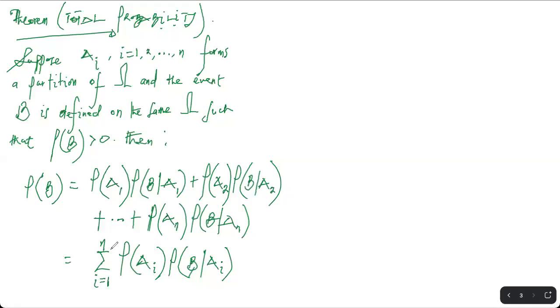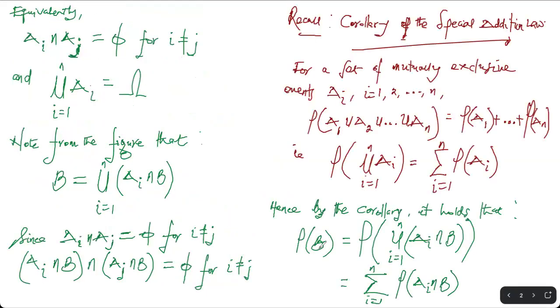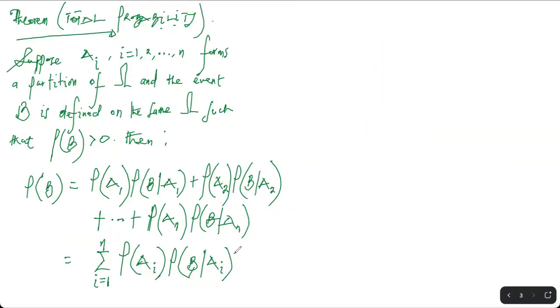This is it. So in the previous case, we studied that the probability of B can be written in this form. But the total probability rule says that the same probability of B can also be written as the sum of the product of marginal probability and a conditional probability,